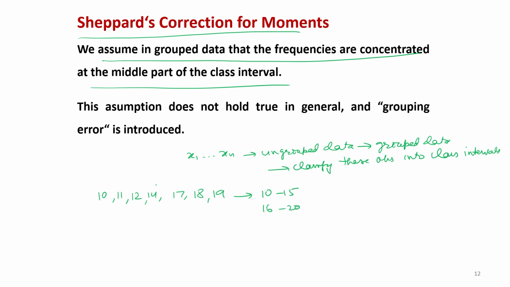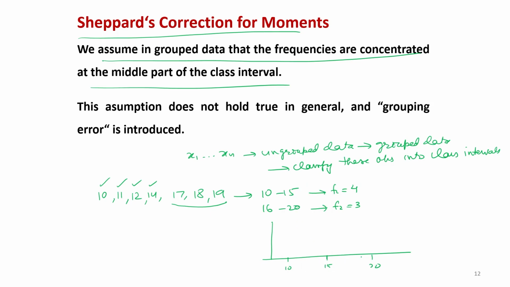Now, you will see these 1, 2, 3, 4. So, the frequency in this interval, f1, will be 4, and the frequency in the class interval of 16 to 20, f2, will be 3. So, what you are trying to see here is, if you try to plot this data, 10 is here, 11 is here, and so on. But when you create the class interval, say 10 to 15 and